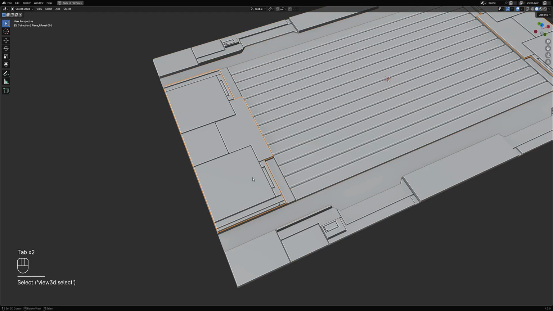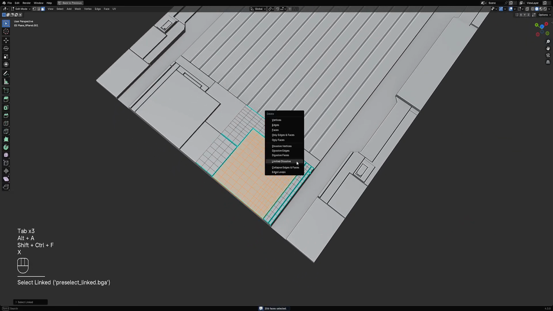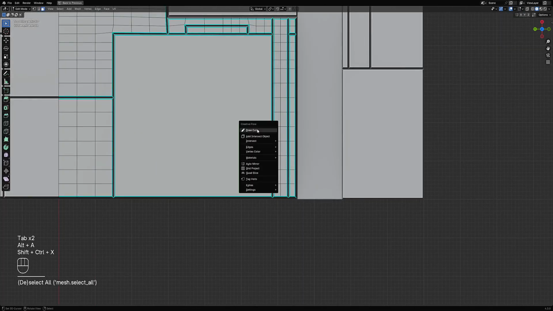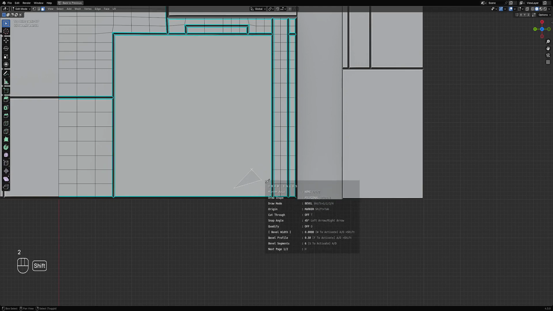Let's go for this one. Select. Let me solve this so we can easily draw in some patterns using the draw cut